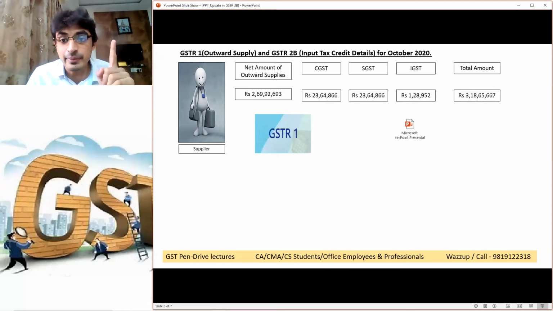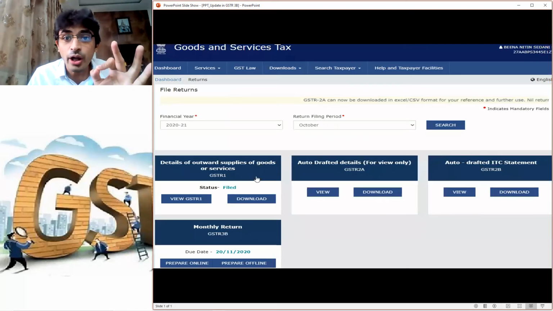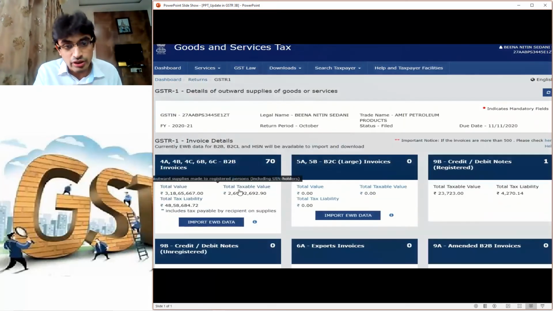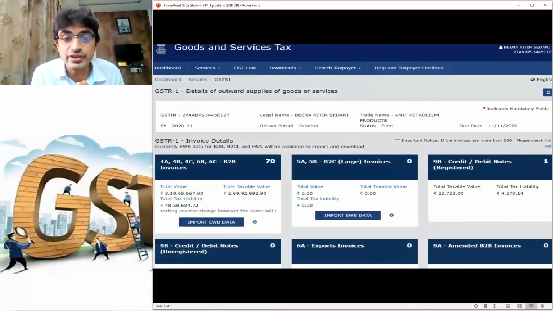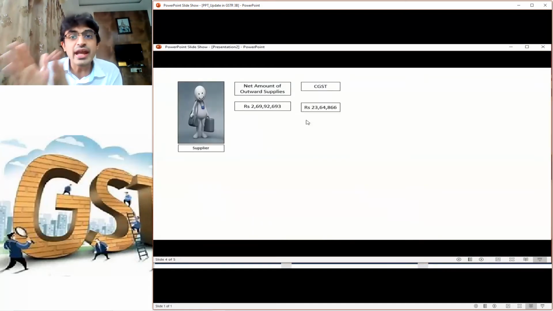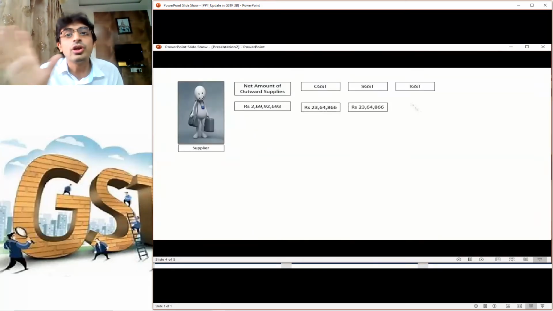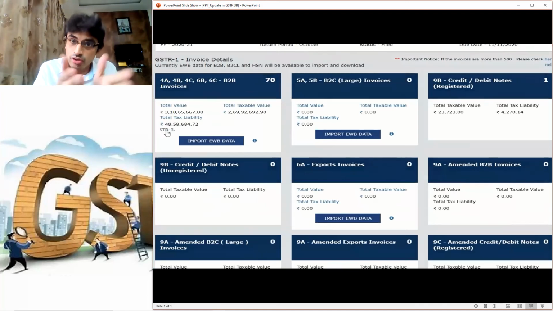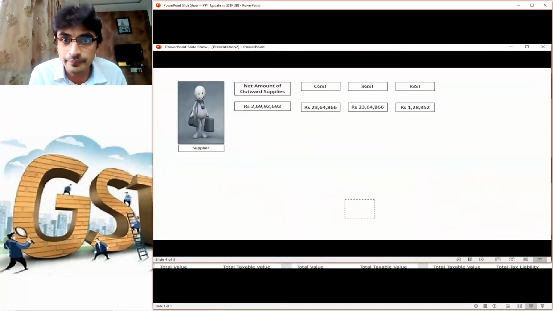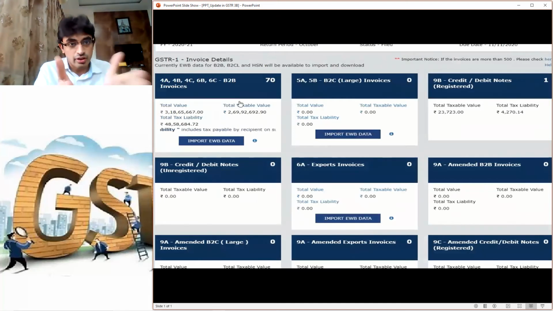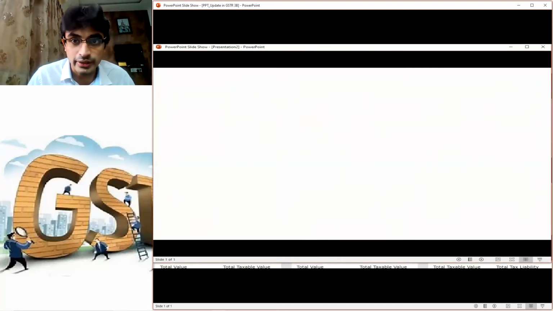See this. This is supplier's GSTR1 for October 2020. So when I already filed, if you check, 2 crore 69 is your taxable value before GST. That is same, which I mentioned in GSTR1. CG, SG, and IG, if you add everything, you will get some amount total, which comes to 48 lakh 58. So that I have mentioned in GSTR1. And if we add everything, your total invoice is 3 crore 80. So that is also here, 3 crore 80.